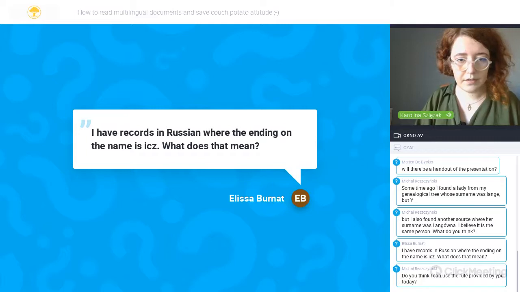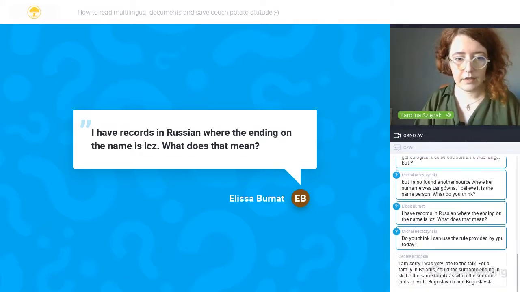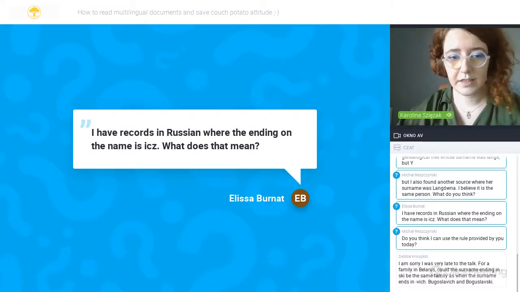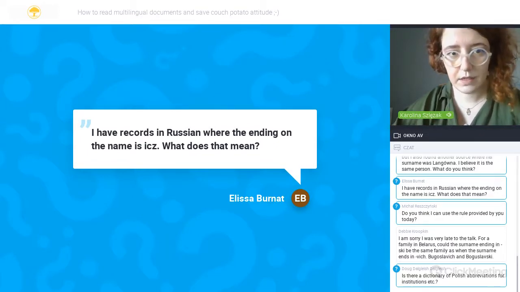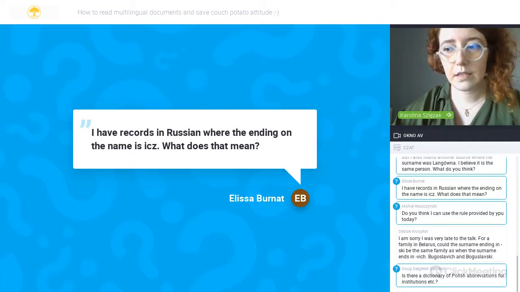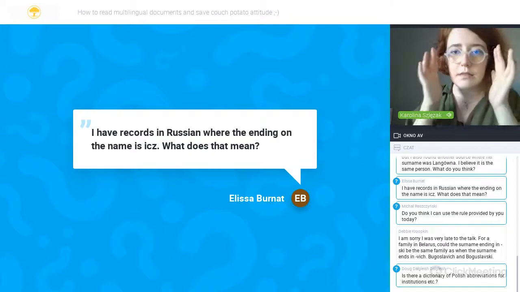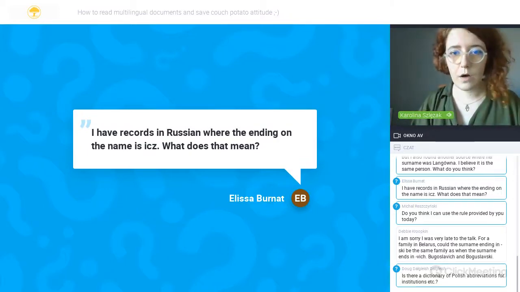I have records in Russian where the ending on the name is ch, what does it mean? Actually, this is one of the most common endings of Russian surnames. And the second thing is that sometimes it may also refer to